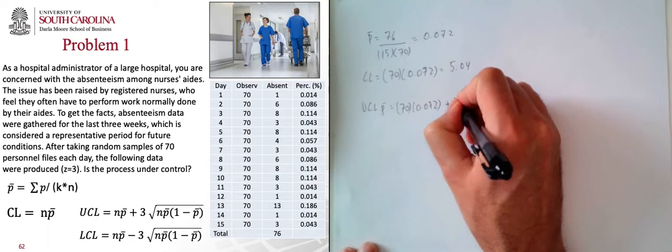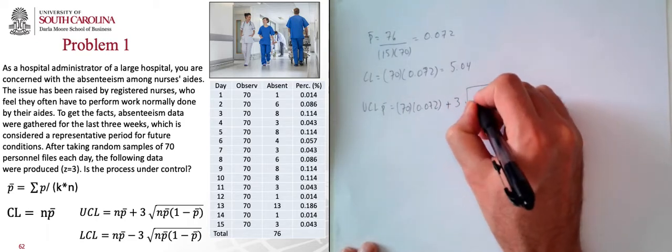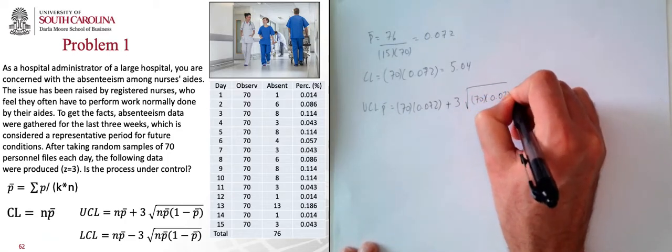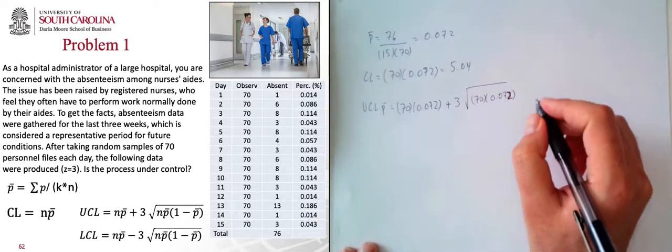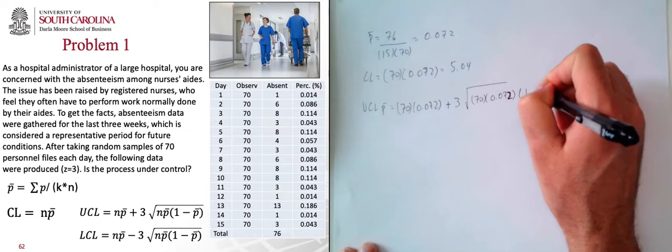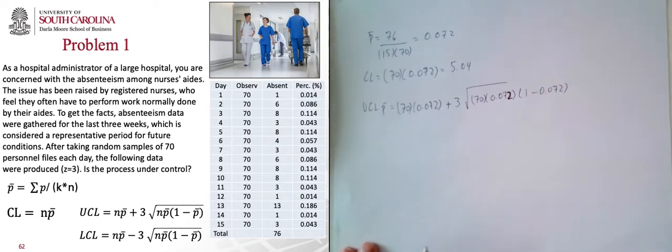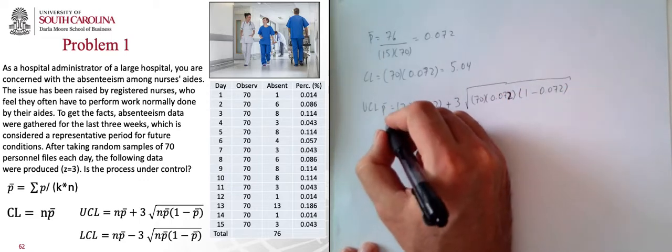Plus or minus 3, in this case plus, square root of NP, again, so it's supposed to be a 2, times 1 minus P. And go here to the end. So our upper control limit is